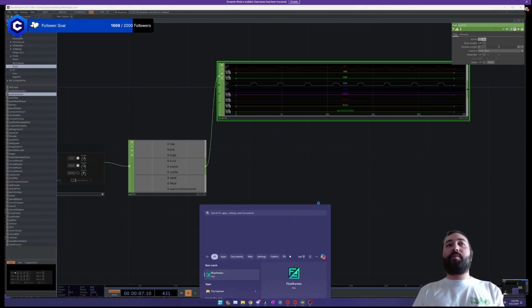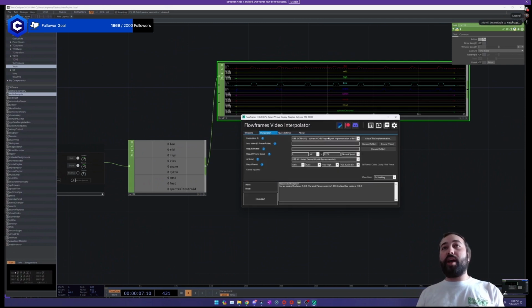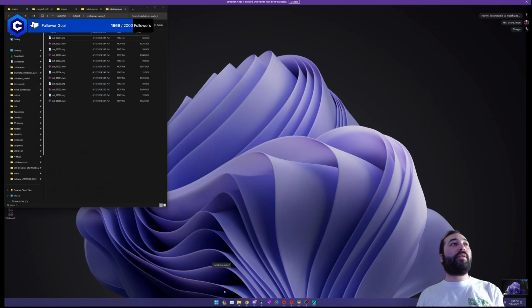In order to use this to drive our clips, actually, before we get our clips in here, I'm going to use a program called FlowFrame. This is a free program you can download that will use an interpolation model called Rife. I like to use this. You can do it in Comfy as well, but this one seems to handle it a bit better than Comfy can.